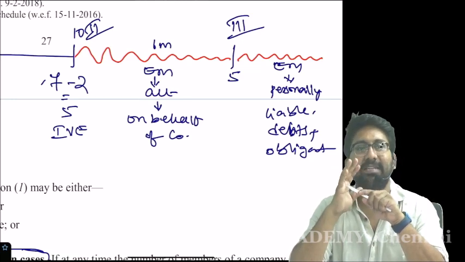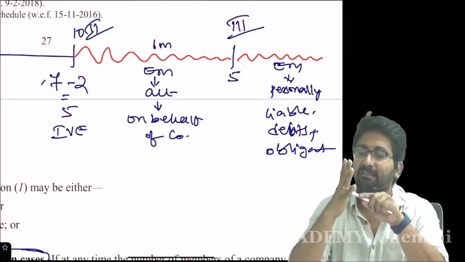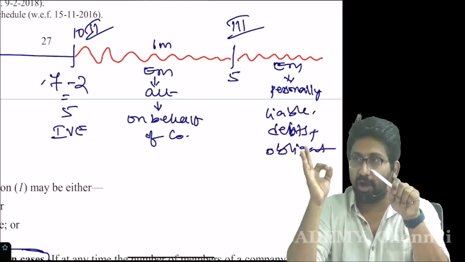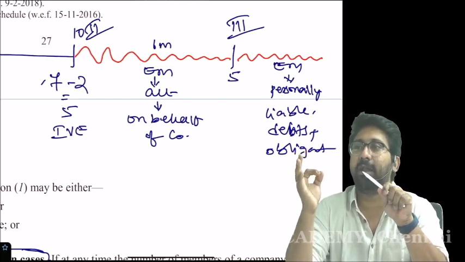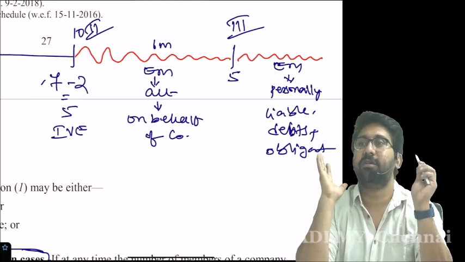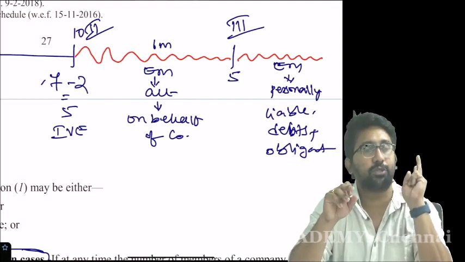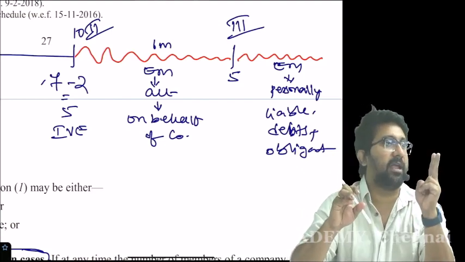Tell me, it ceased as a company. Invalid, valid, acts done, I am not asking about any of those. It lost its status as a company on which date is the question. Stage 1, stage 2, stage 3. Answer is 2. It ceased as a company at stage 2 itself.